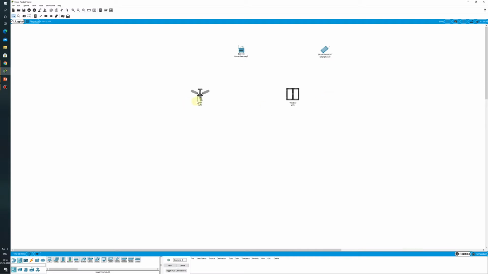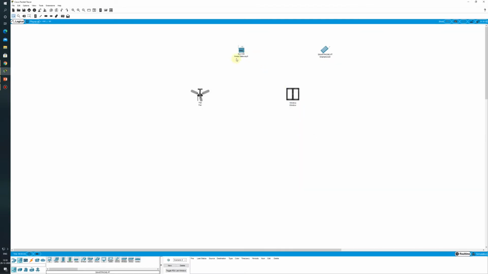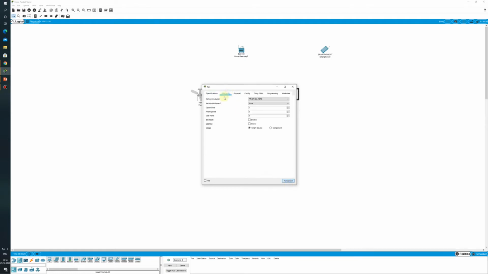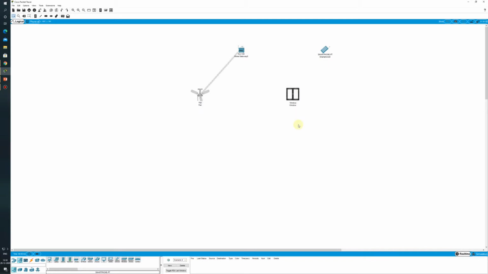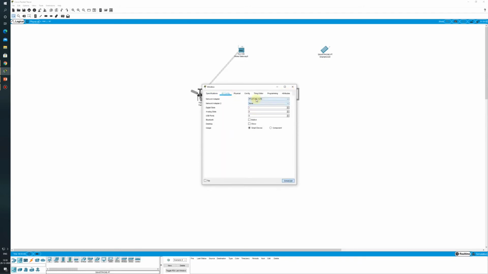Now what we need to do is, first of all, we will change the name. So this one will be fan, this one will be window. Now we will connect both the fan and the window to the home gateway. For doing that, we will go to the advanced tab, and in the IO config tab we will select the wireless interface, and this is the name of the wireless interface. As soon as I do that, you can see that the fan got connected to the home gateway. We will repeat the step for the window also.